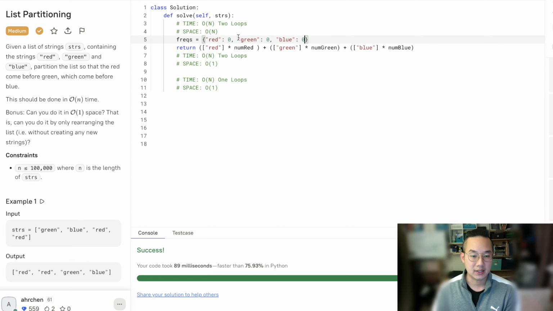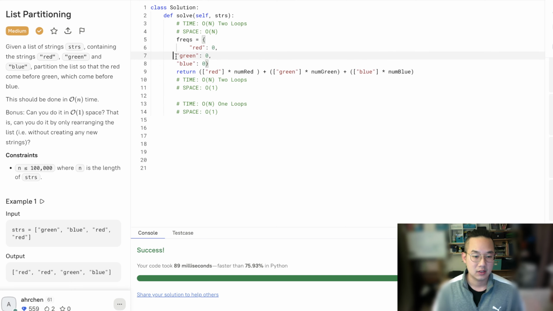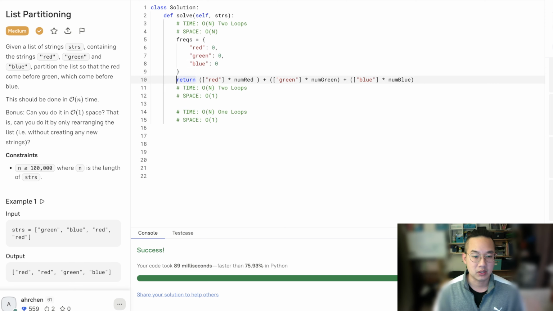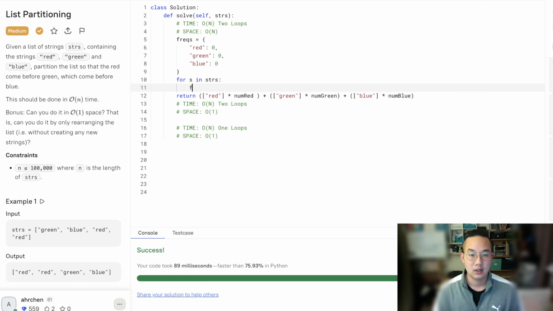You can imagine this code being like this, and we can always use enums to make this more functional. Anyways, so frequency: for s in strings, frequency of s plus equals 1,